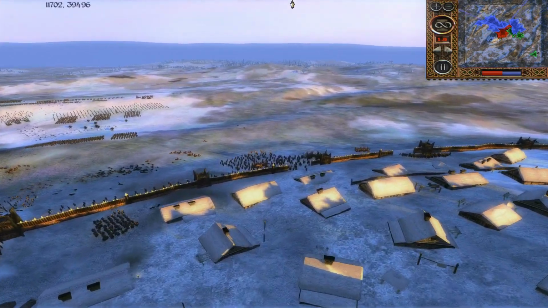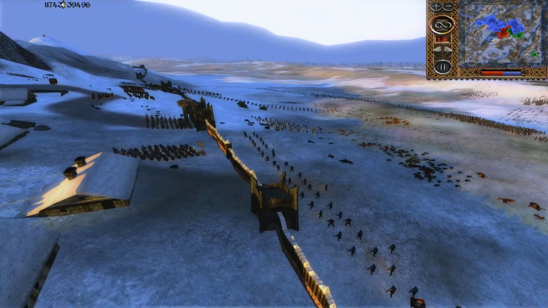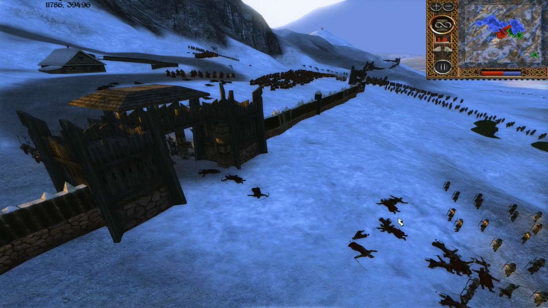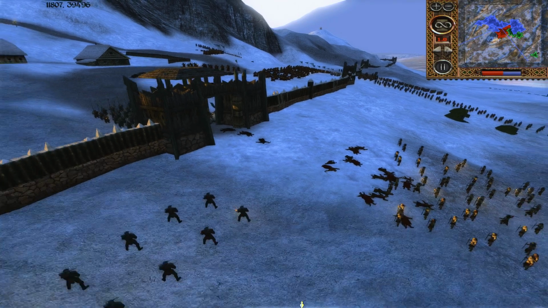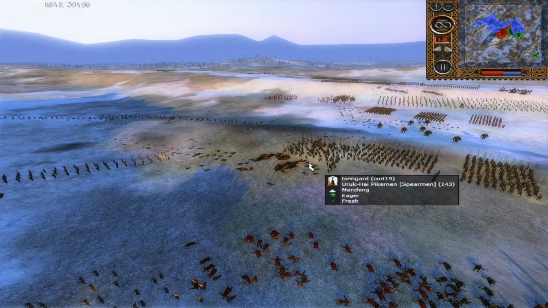And they're going to need that, as I said, because the URUK-HAI alone won't beat back all of that elite Dwarven and Elven units that they've got back there. The Ironfoot Halberdiers still holding. Snaga Skirmish is also right there. You can see that over here the